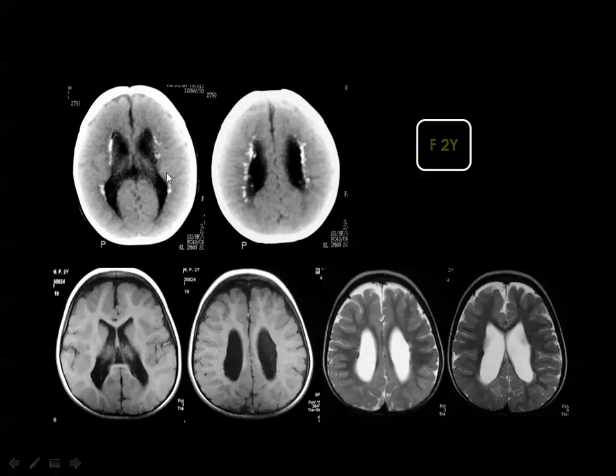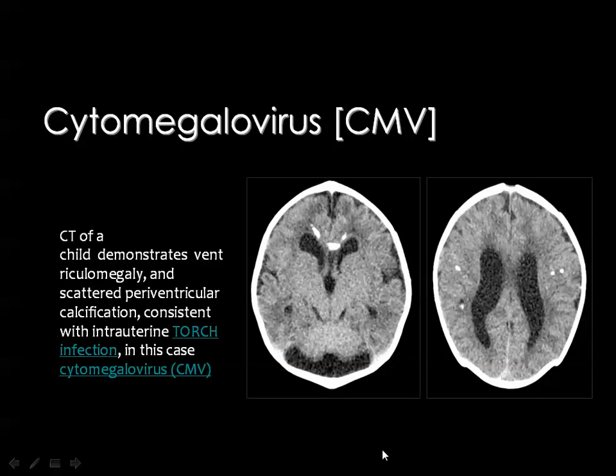The CT scans showed multiple periventricular calcific subependymal foci, and the MRI done on the same day showed no evidence of calcium. And you can see that very minute foci of dark signal in the T2 weighted image may contribute to some of these calcific foci seen in the CT scan. And this is the case of cytomegalovirus infection, where you can see calcium in the region